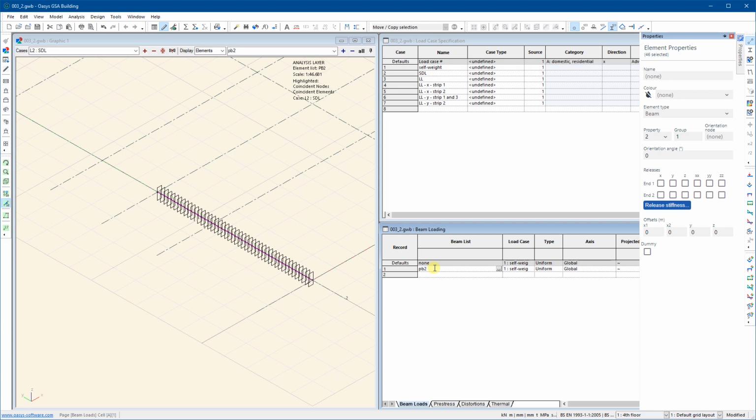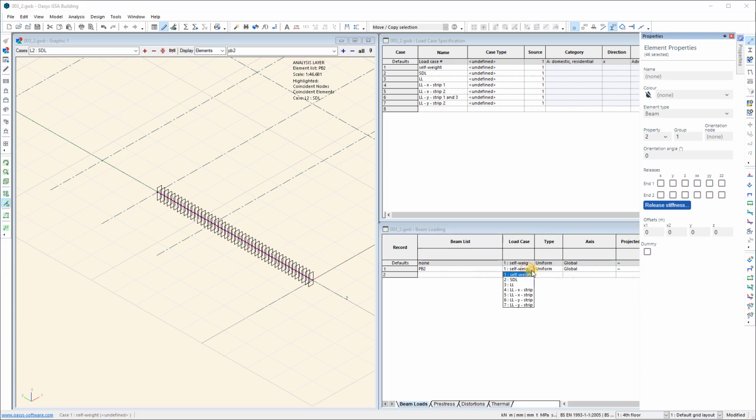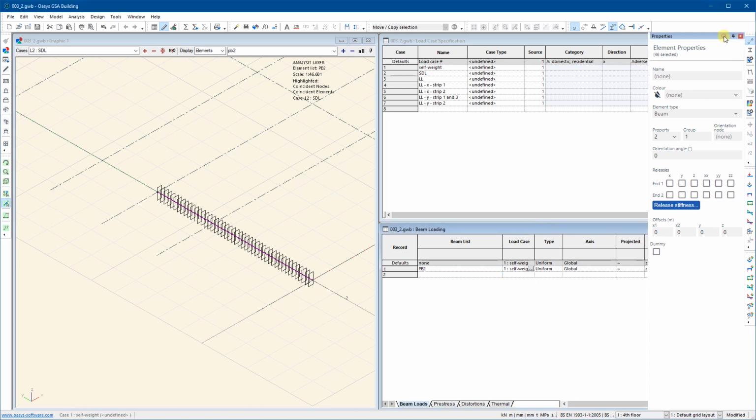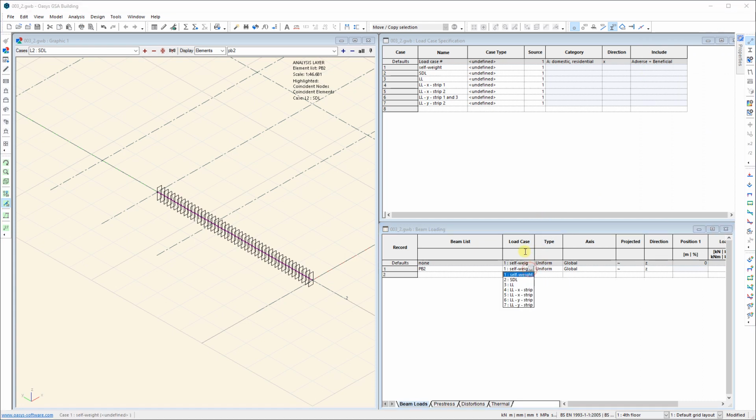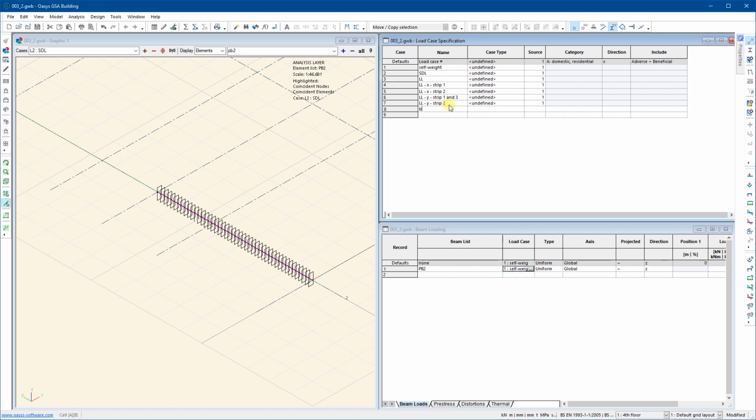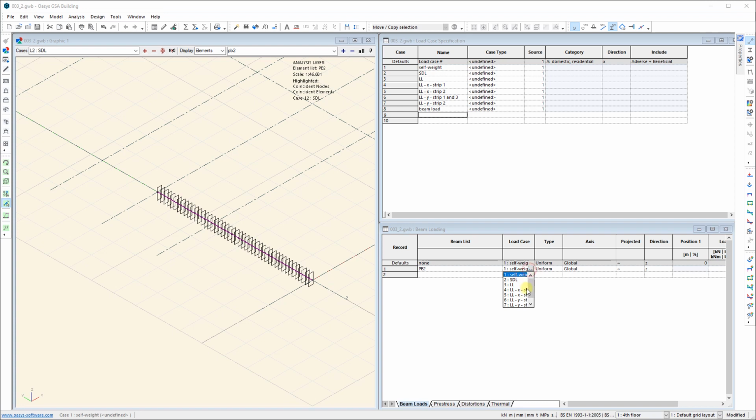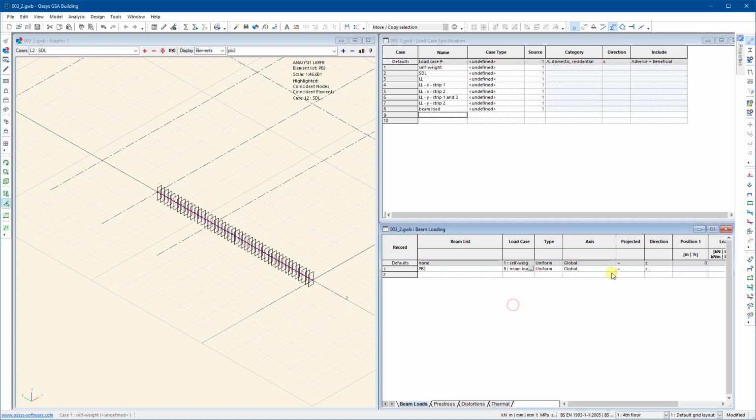If I go PB2, so my beam is PB2, and I want to apply a load to the beam. Again, just to make it easier to see. But I want to create another load case. So I'm just going to call it beam load, and it's case 8. So we should now see here 8 applied,